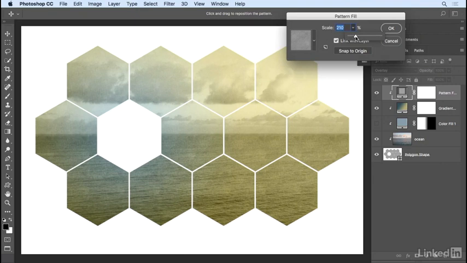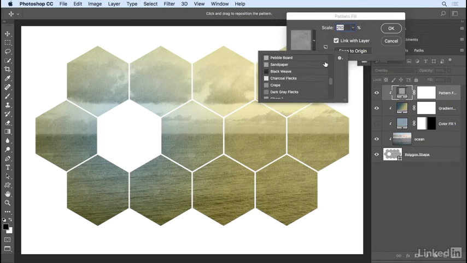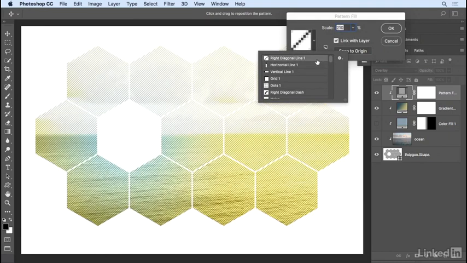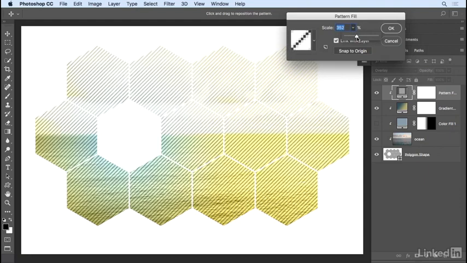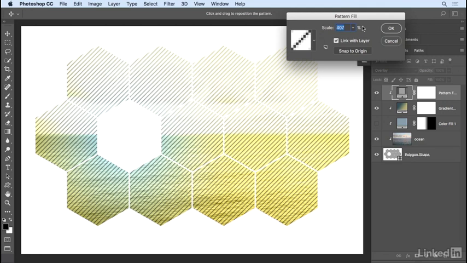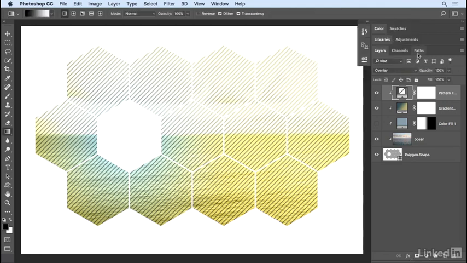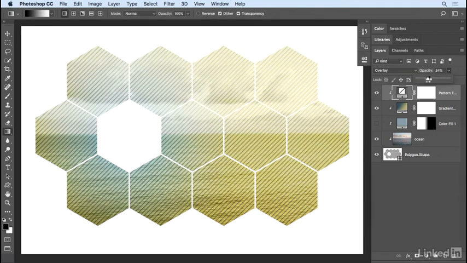If I changed my mind and I wanted to add maybe a little bit more of a graphic pattern overlay, then I could return back to the pattern picker, scroll up to the top, and maybe choose something like the right diagonal line. Again, we can change the scale if we want to. Not quite sure how this is going to compress in video, but I'll select that. 400% is quite a bit. So when I click OK, I might decrease the opacity here a little bit just to fade it back.